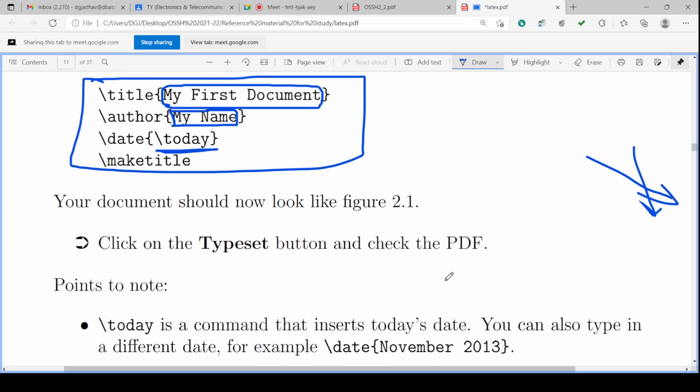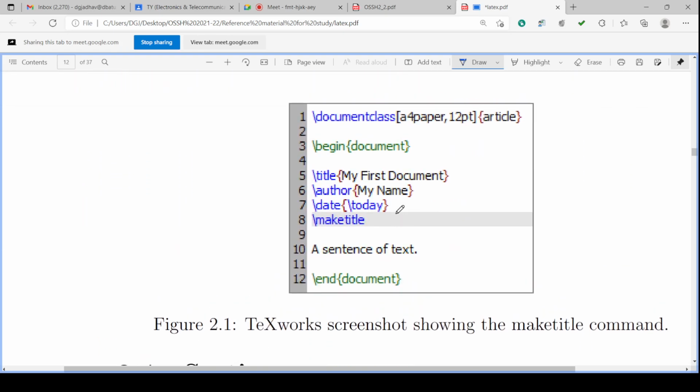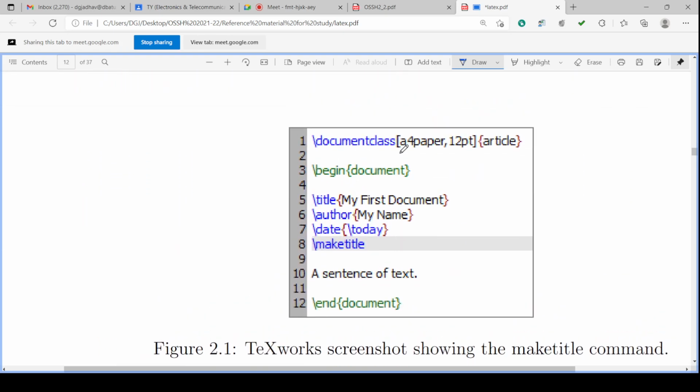So your document should now look like figure 2.1. It will be document class, A4 paper, 12 point article. This is the begin document.